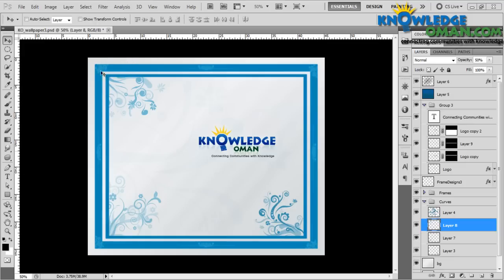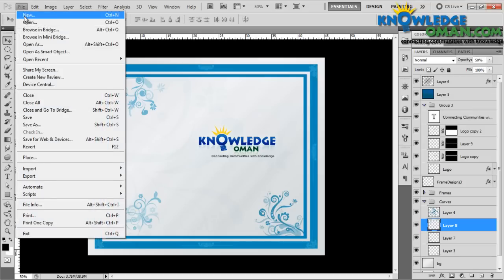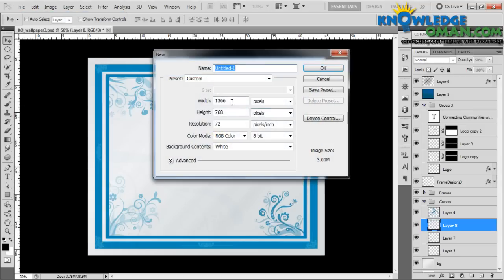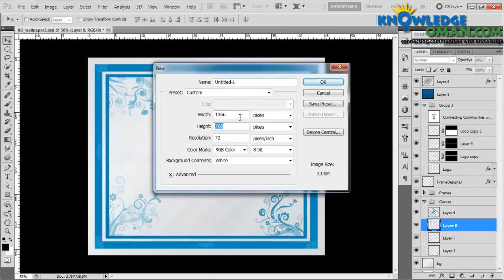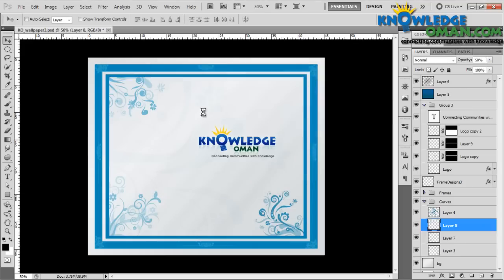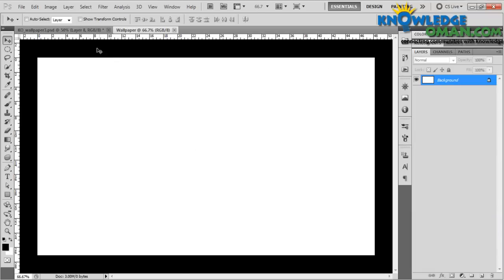So let's create a new document, and I'll be using a widescreen wallpaper size. Go to new and set the width to 1366 and the height to 768 pixels. Make sure you have pixels selected. This screen resolution is for a widescreen laptop or a widescreen monitor. Once you've done that, you can name it anything, like wallpaper. Click on OK, and once you have your page ready,